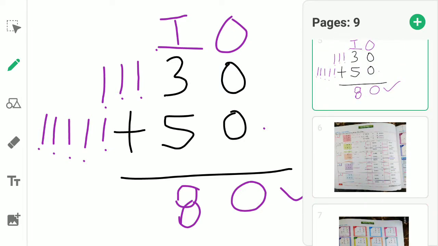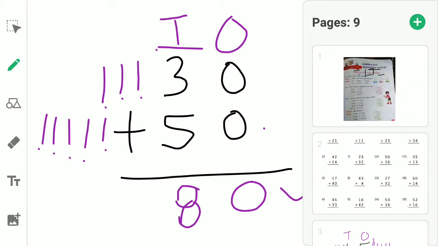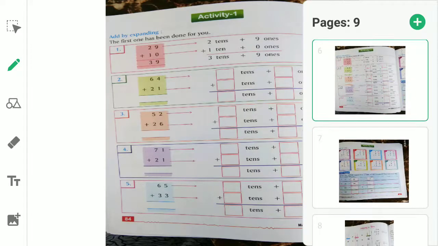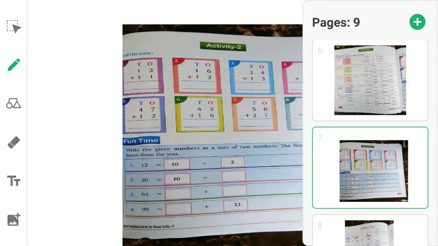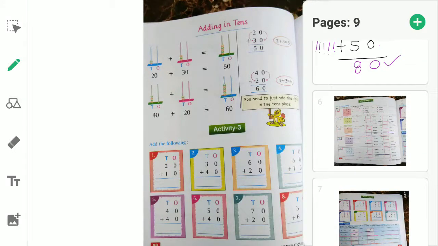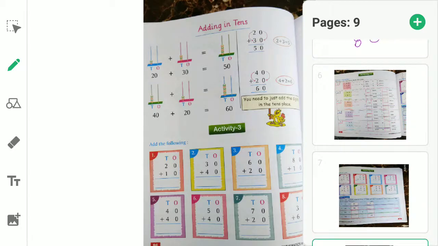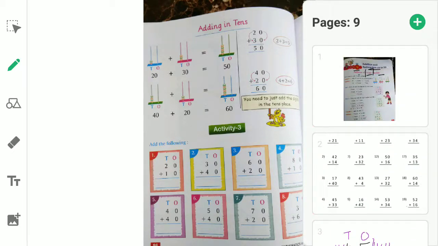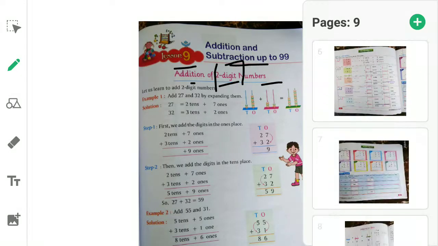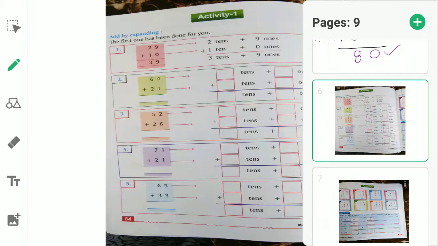And now let me show you the book exercise of the same. Yes, here these kinds of sums are given to you in your maths book, and here also these numbers are given to you in your maths book. Fine. And after these two concepts of addition, that is adding two-digit numbers, we have one more concept of tens and ones.